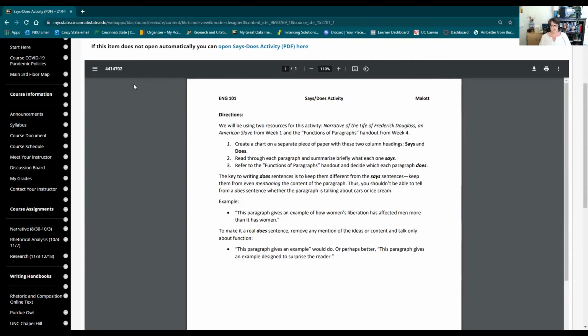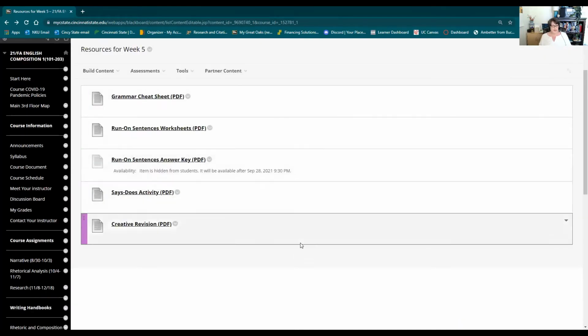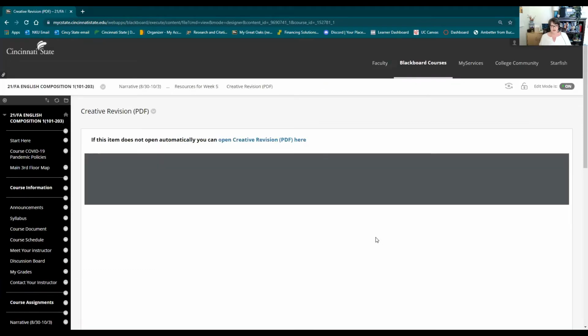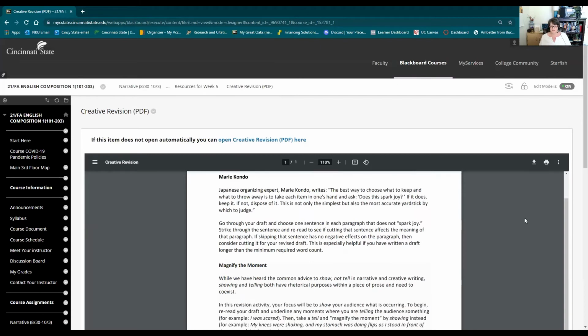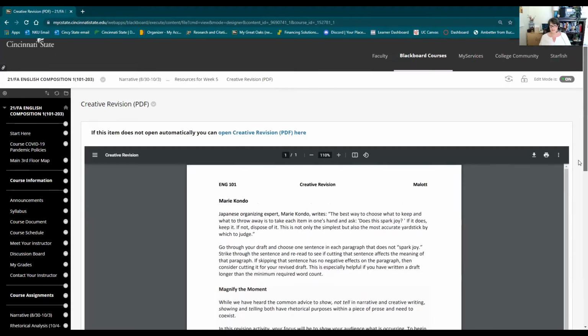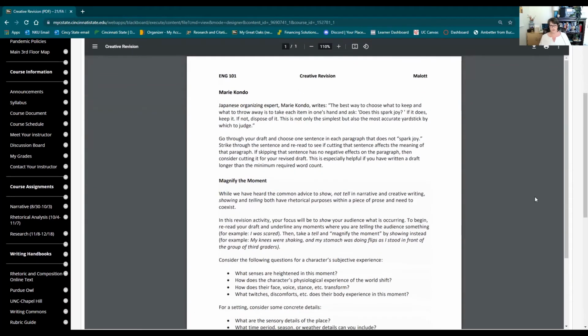So that is one activity that we will do in class. And the other revision activity is creative revision, and there are 2 suggestions here. And this is based on a website that I found while I was preparing for this course this week. The first one is the Marie Kondo. Does it spark joy? So you're going to go through your sentences, each sentence, choose a sentence in each paragraph